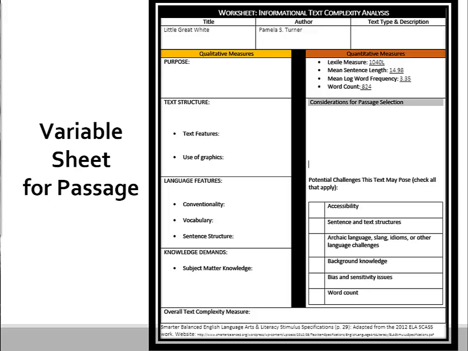standards. So here we've got a variable sheet, as I mentioned earlier, and in this we're looking specifically at a passage, and the passage title is given up here. The author's name is inserted here. We're reviewing for what sort of text type this is, in a description of the passage. So for instance, The Little Great White is an informational passage, and it is trying to convey information to the